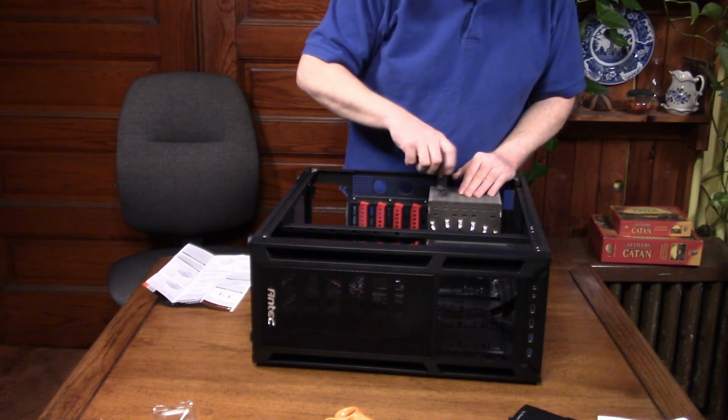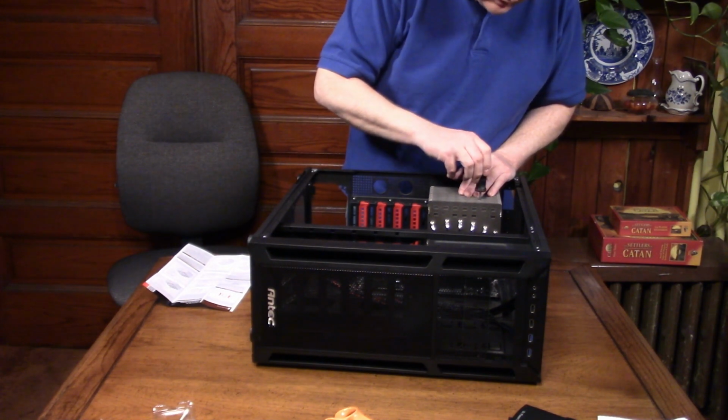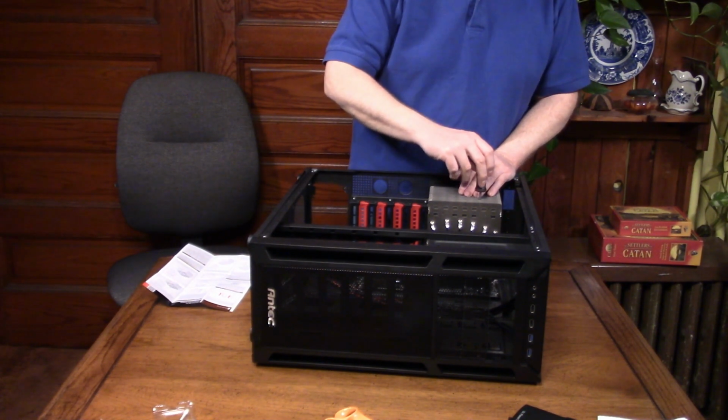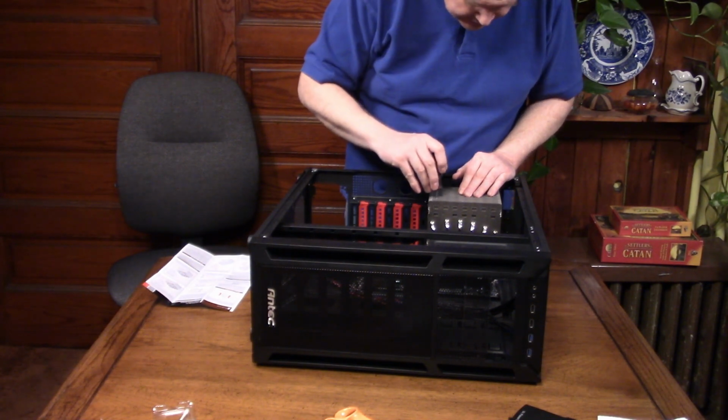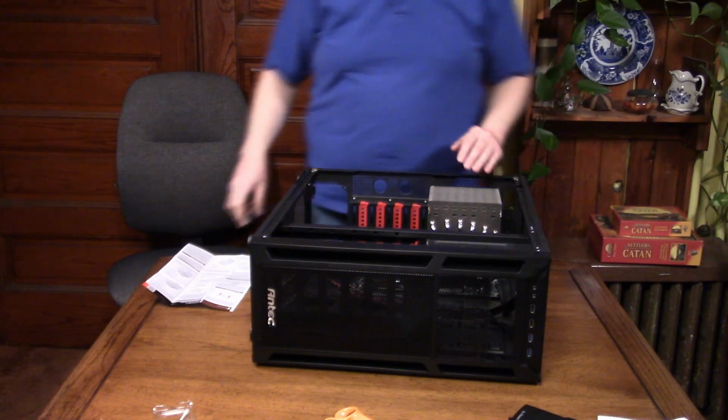1, 2, 3. Oh. That's the bottom on that one. And yep, that one hit the bottom too. So it is on there. It is installed. I thought that might be more difficult, but...